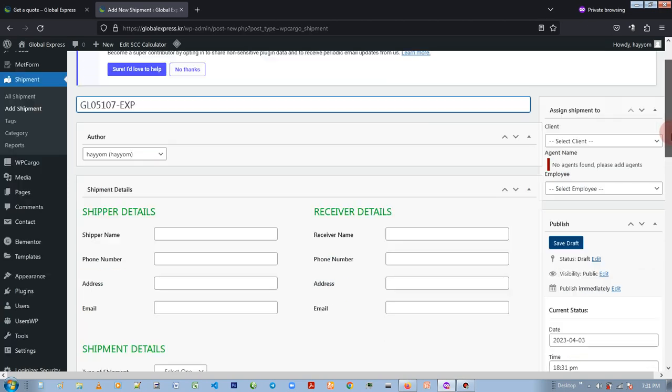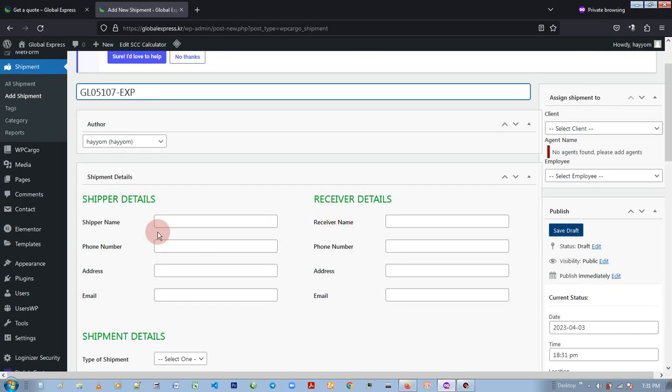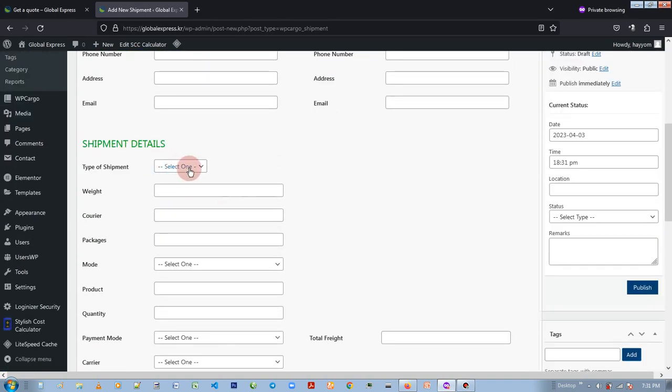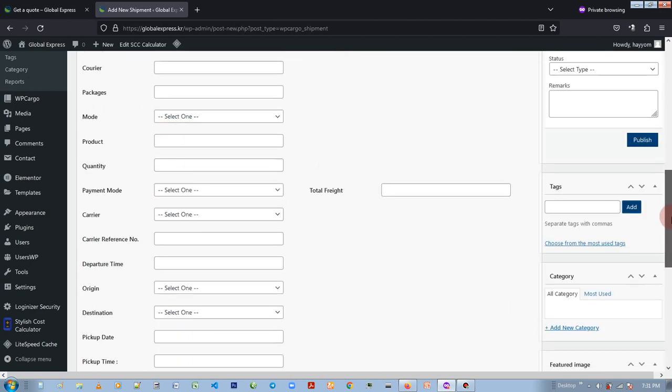Now then from here you can now add any other detail that needs to be added: the shipper name, the phone number, address, email address, the receiver name, phone number. So you fill all that. The shipment details, you fill that. If you need this to be changed, let me know. So freight, international shipments, all those things, weight,